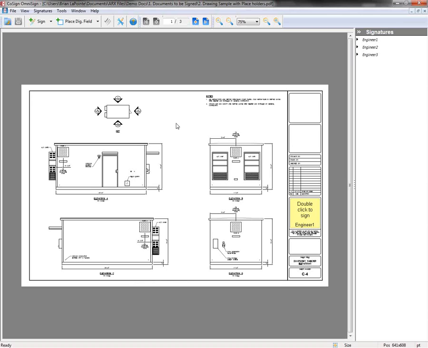You want to name the field, so in this example, you can see I have Engineer 1, Engineer 2, Engineer 3. But you want to name it, and you want it to display a certain way, and you want to keep that consistency and not allow the user to just change that. So in this example, I could either double-click on the blank signature field, or I can use the shortcuts right here that'll let me go right to the signature and just sign.